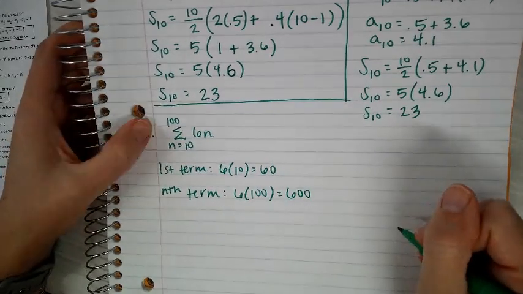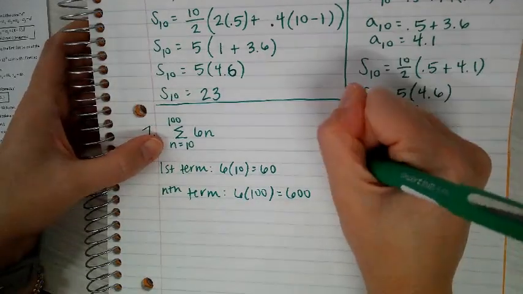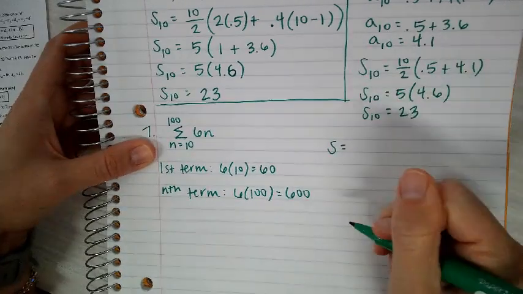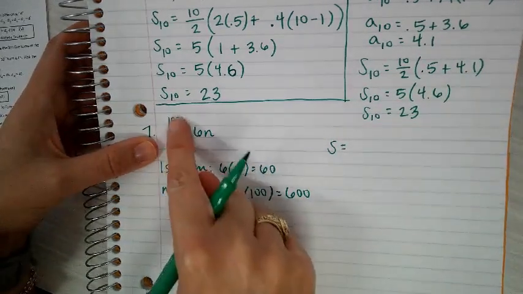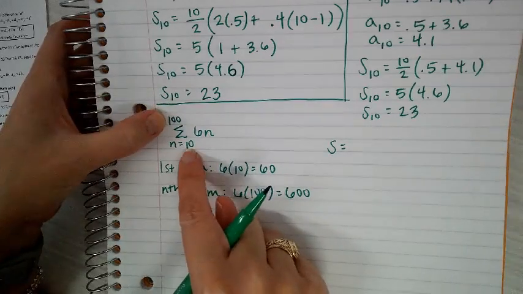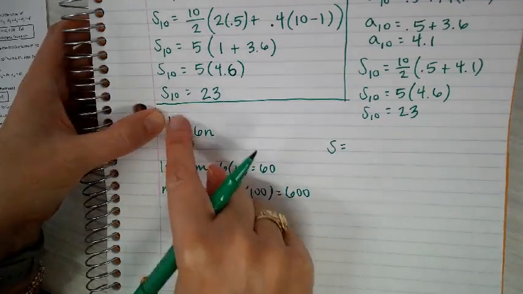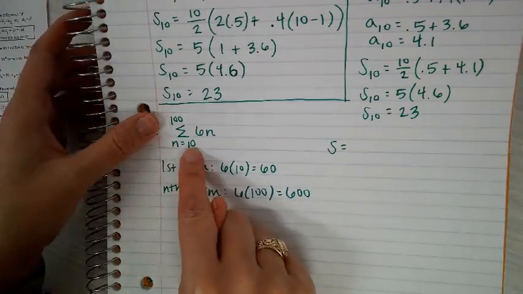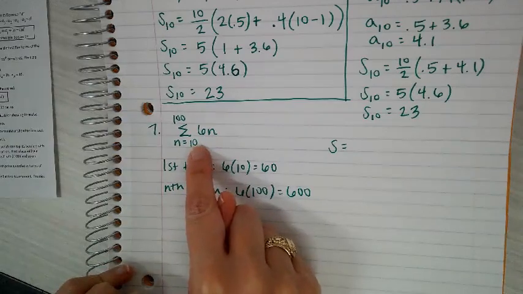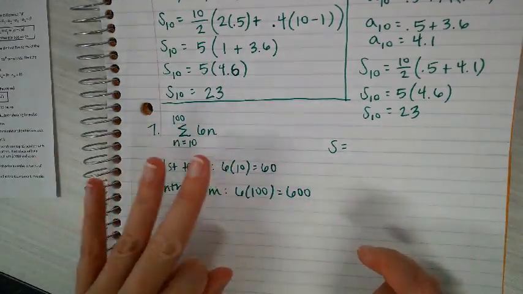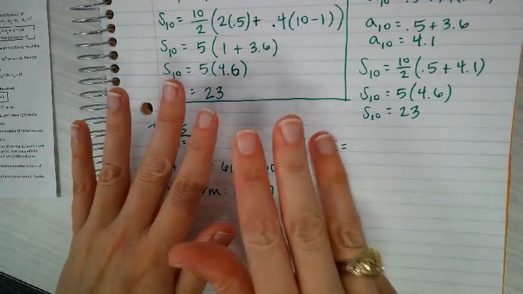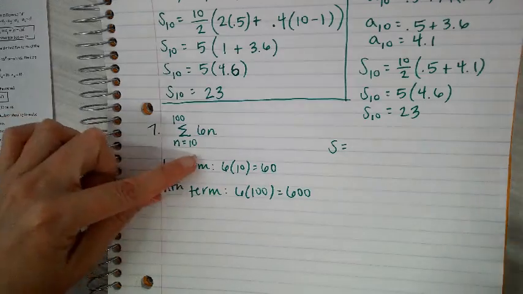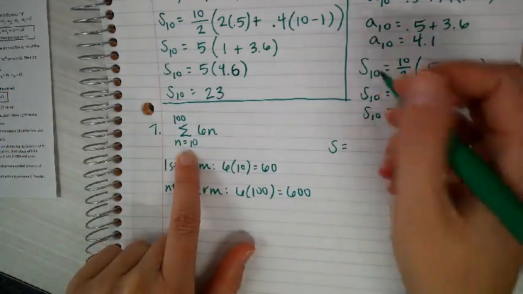And now here's the tricky part with the summation, with the sigma notation. When I go to find this partial sum, when you're thinking about what is n, I know 100 minus 10 is 90, but really this is 91 total terms. Because think about if you were counting from 10, it would go 10, 11, 12, 13, 14, 15, 16, 17, 18, 19. 10 terms only got me to 19. So this isn't just 90 here, this is 91